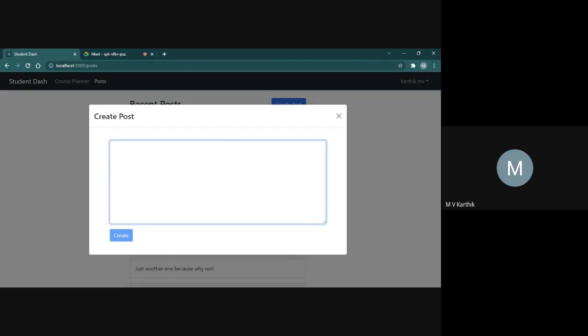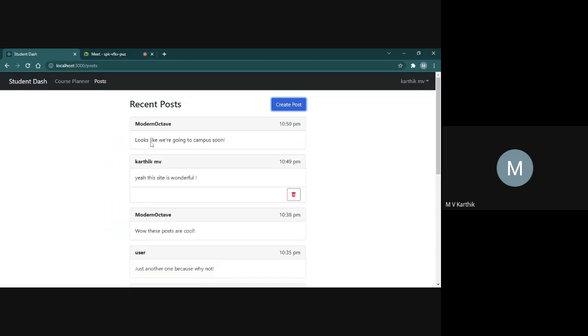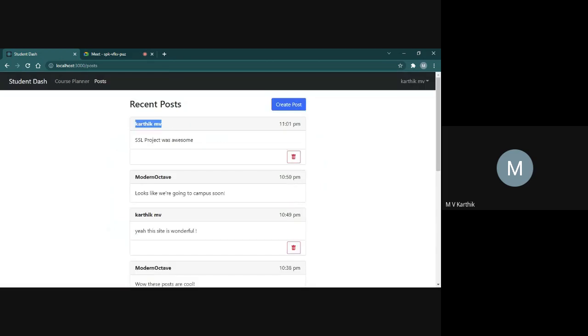It can be anything in the form of text, and let me write something. So I wrote something, and you can see it's created by my name, and you can also see the time at which I created it, and you can also see the delete button.